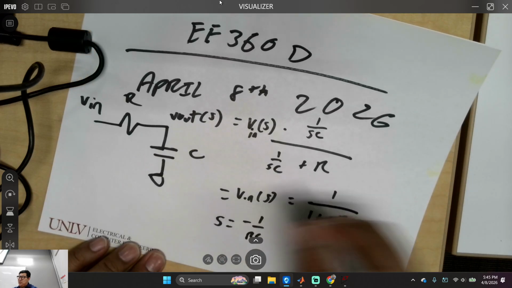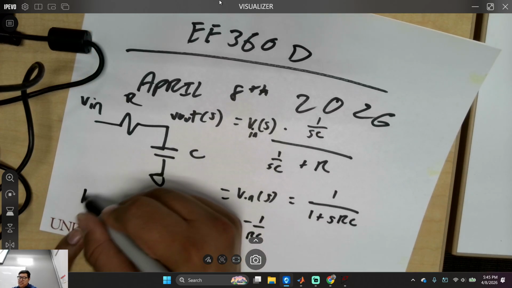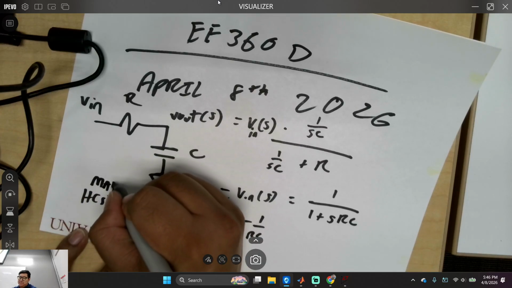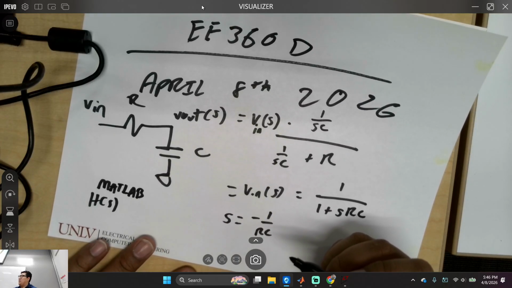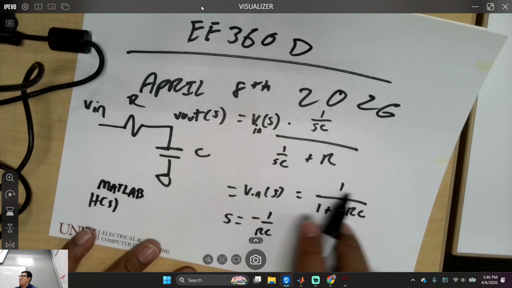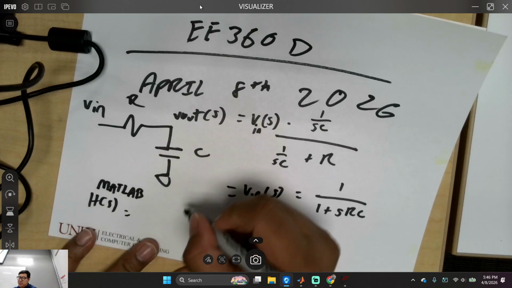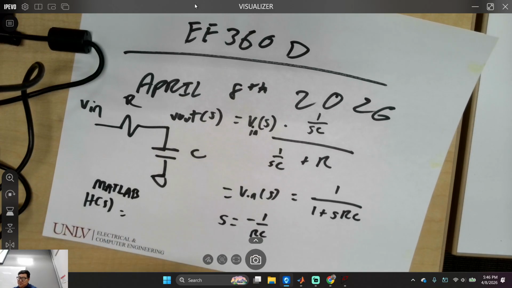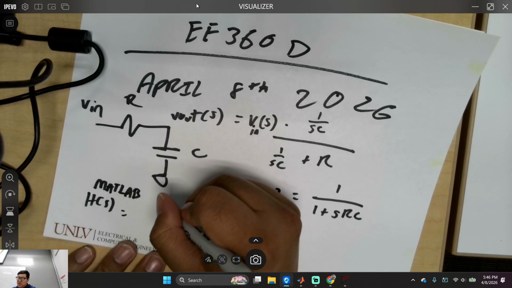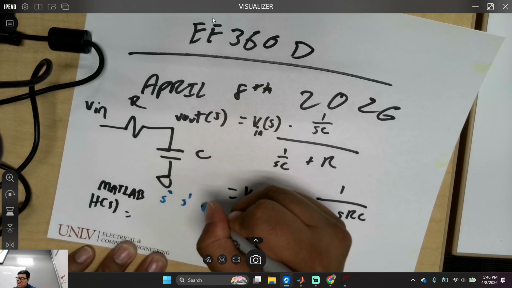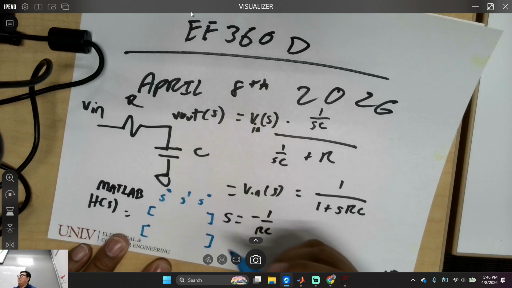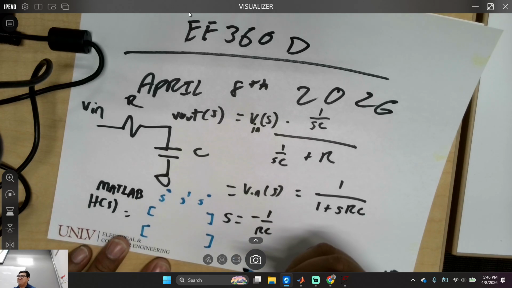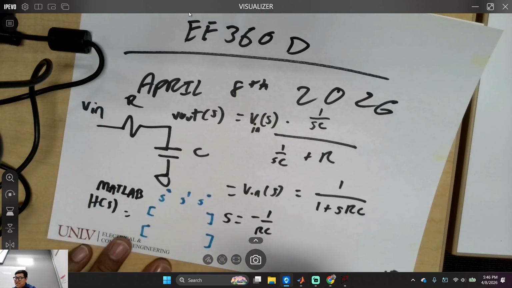What are the numerator terms? Okay, I'm going to build something. H of s, in terms of MATLAB. I want everyone to build these systems. This is something I want you taking home. The numerator, is there any s there? No. I'm just going to write this for completeness, in case you want to build a second order system for your exam: S2, S1, S0. I'm going to create the numerator, denominator. You're going to do this for your computer assignment 6, by the way. Well, not this, but it should be a hint.